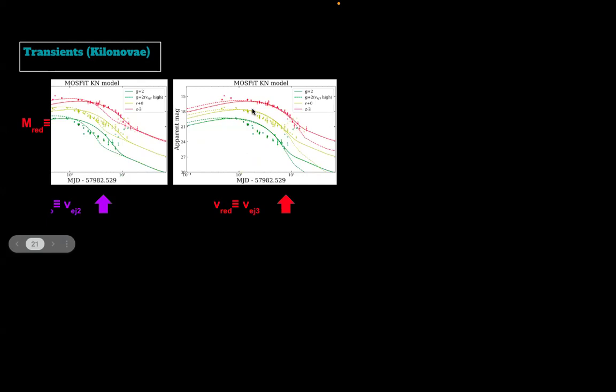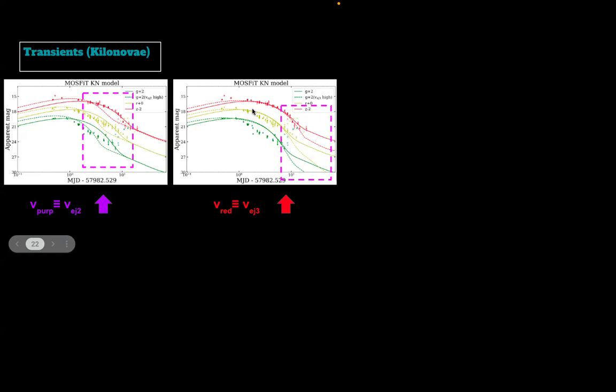But there is also an effect of velocity. Here I am showing what will happen if you increase the purple velocity and the red velocity. You can see a little increase in the initial part, but later, in this part, the drop happens faster. The reason is the envelope the material is creating.